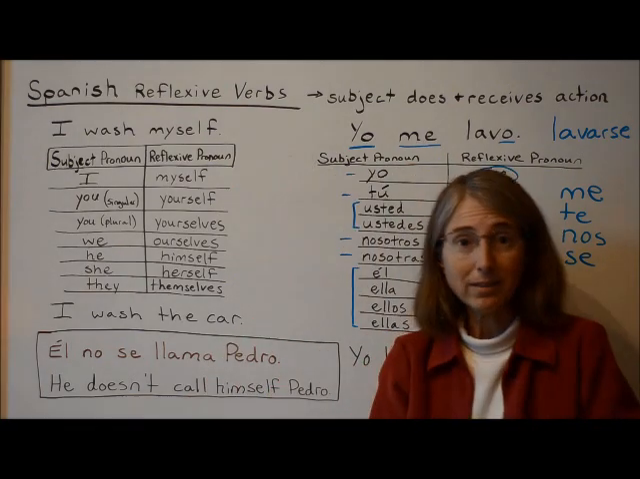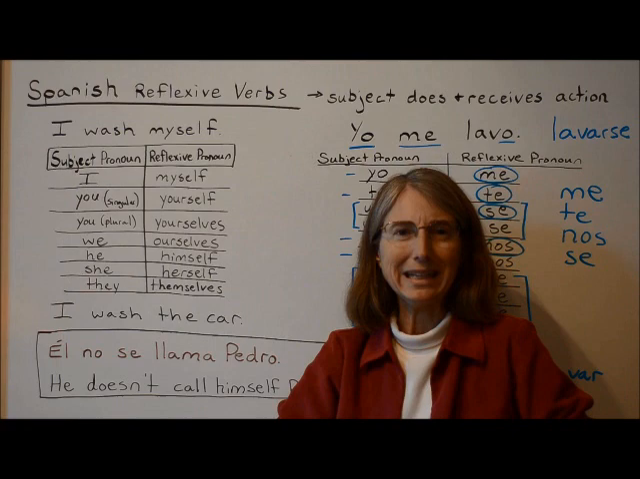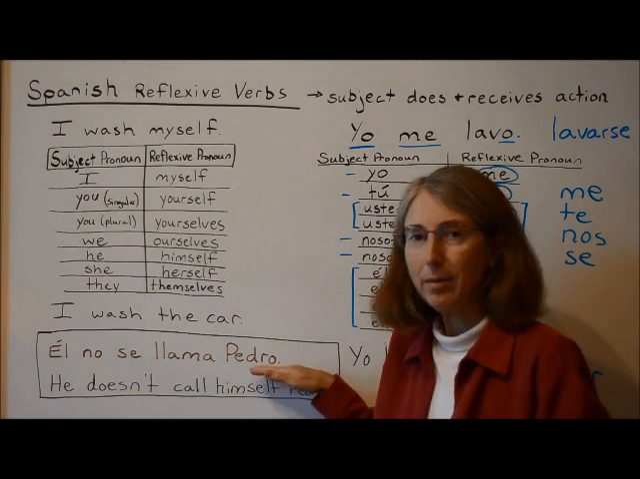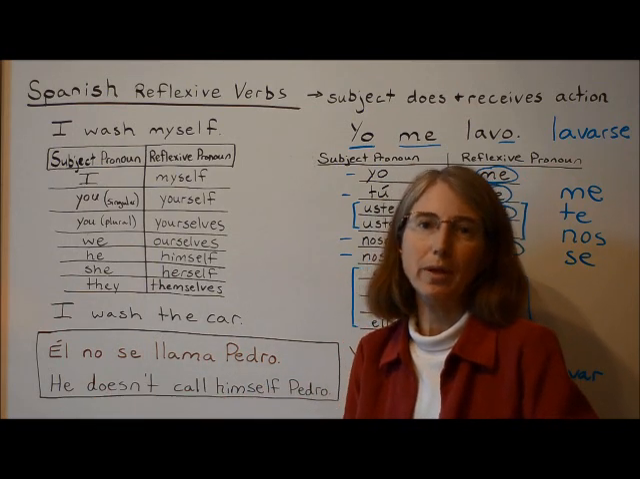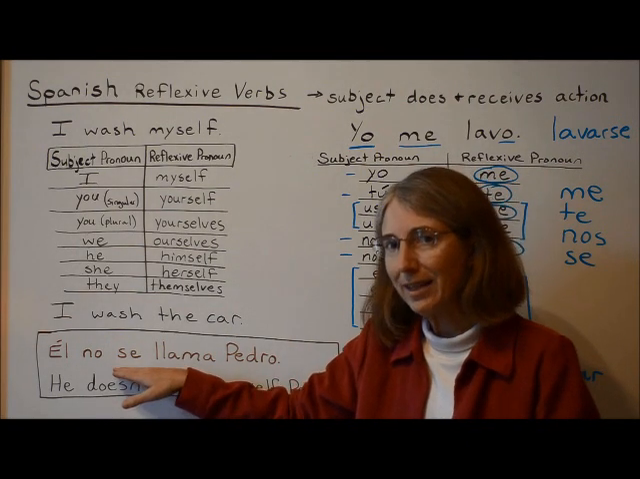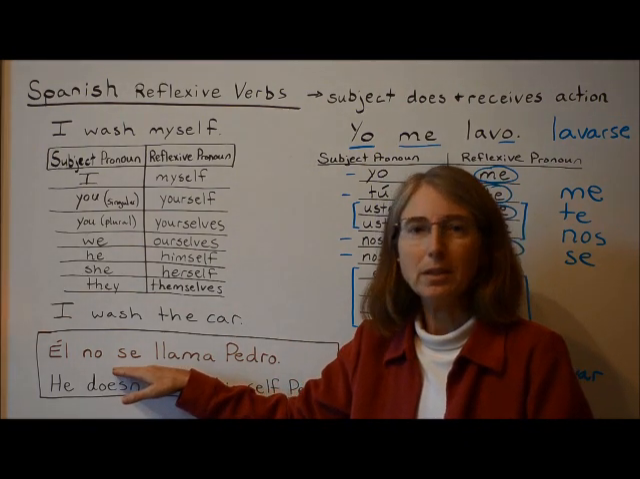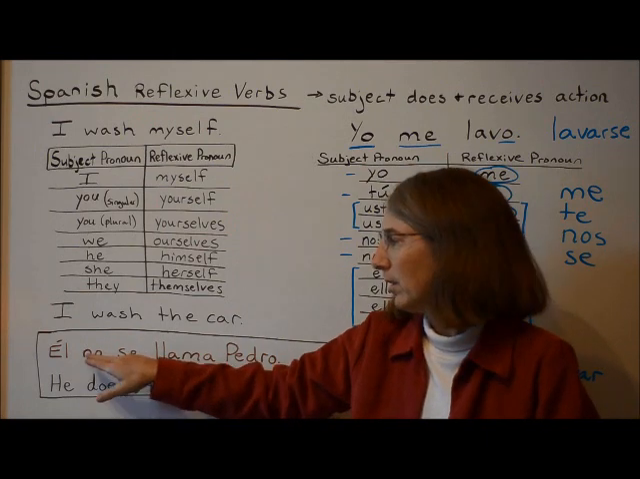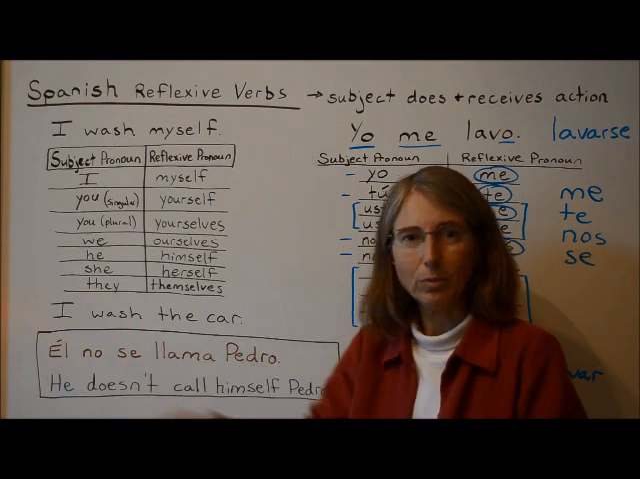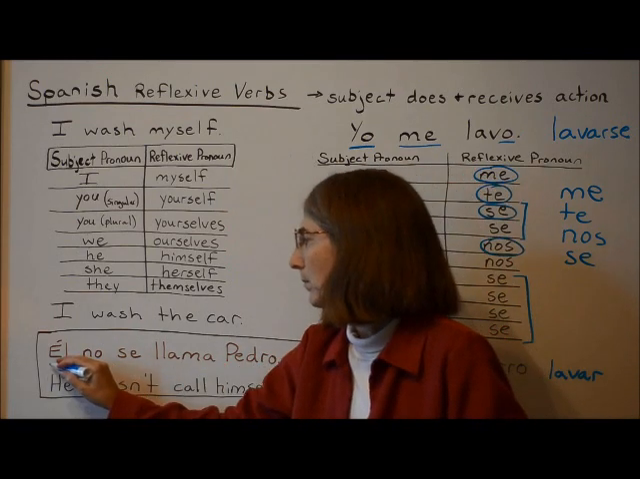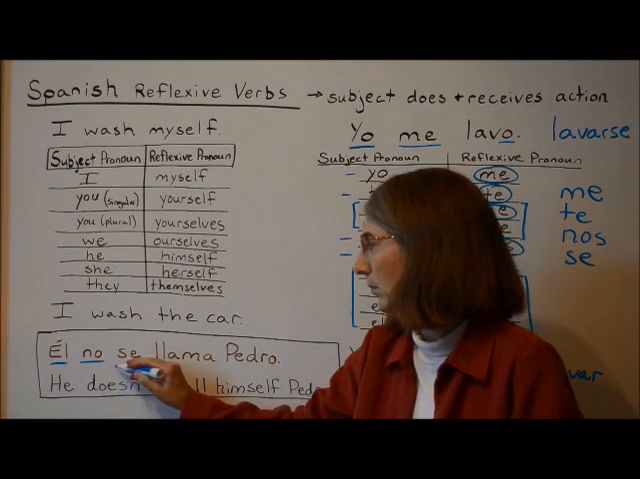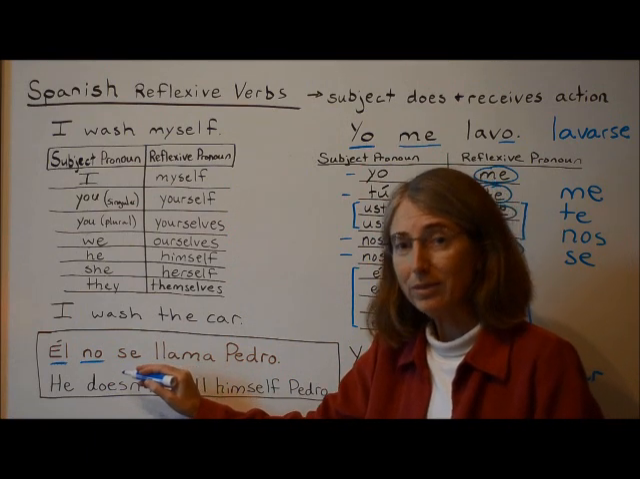If we wanted to use a reflexive pronoun in a sentence where we're negating the action, él no se llama Pedro, he doesn't call himself Pedro. We notice that the reflexive pronoun se always comes immediately before the verb. So the no comes before the reflexive pronoun, but after the subject pronoun. So we have the subject pronoun, él, he, and then no, then the reflexive pronoun se,